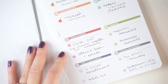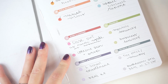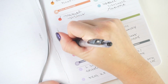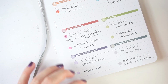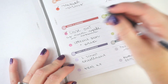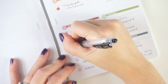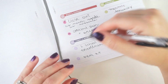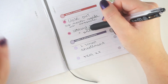An okay weekend. Still, again, I feel like I needed some recovery time, and then also just trying to close things out. This was the big work project that I was working on that is now all closed out. There are some follow-ups, but it's functional, so we're good to go. We were up against a very major deadline. The content plan and prep, I'm going to give myself a half on that one. I didn't really get a chance to dig into that, and I would really like to dig into that this week, but I did at least get the base of the spread in my Laurel Denise